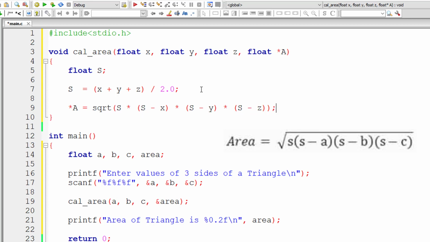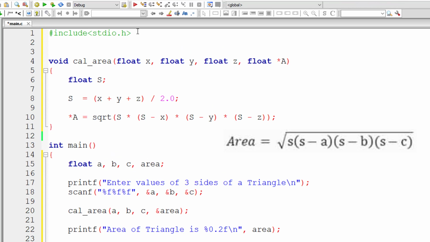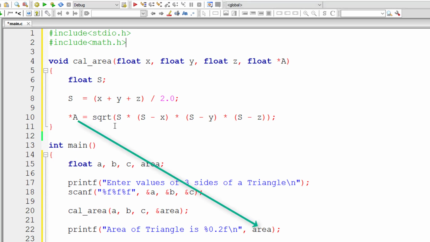So this gives area of triangle. Since we are using sqrt, let me immediately include the header file math.h. So the result will be stored inside star A, that is the value present at address A.